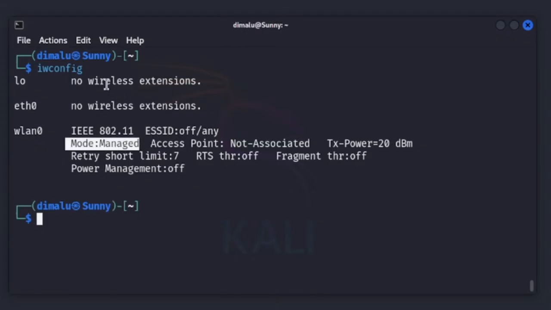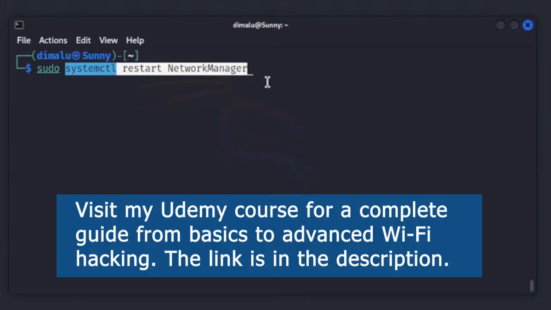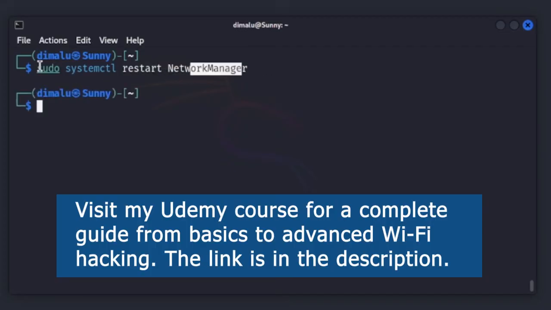Now after putting your card back to the managed mode, you should always restart your network manager. So type sudo systemctl space restart. Type NetworkManager. Make sure that N is in uppercase and M also must be in uppercase. Now what this command is going to do, it will reset your network configurations, fix common problems, and your card will become ready to be used in managed mode. Press enter. Now the command has been executed